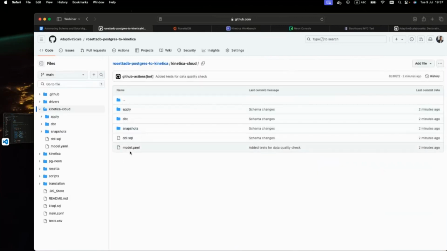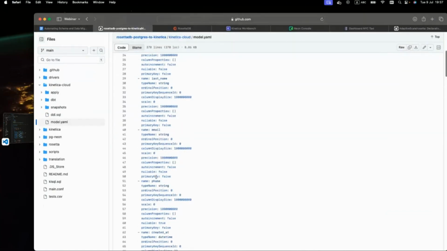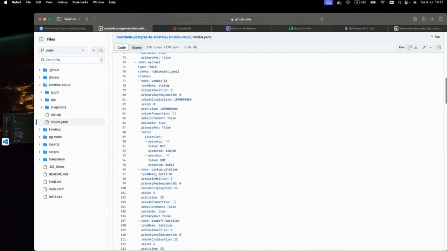So if you are interested to see which was the last DBML model that RosettaDB used in order to create all the tables in Kinetica, we can simply go and check this model.yaml, which is already available here. Besides checking the model.yaml, all data objects and all attributes there, you can also notice all the tests that got appended as part of this process, that are actually running at the end in order to check for the